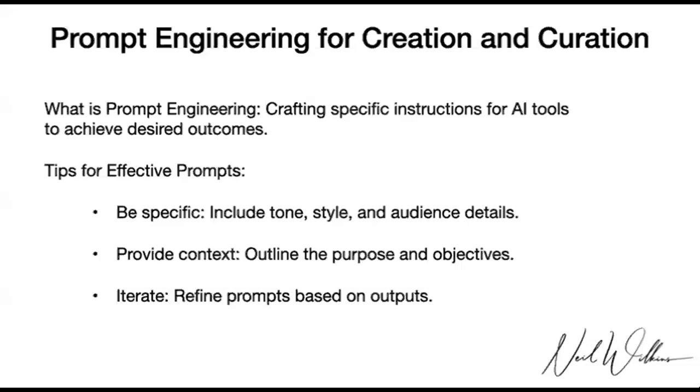In other words, drawing together content that other people have produced on a particular topic and maybe reviewing it, maybe providing added value over and above the baseline content that you are looking at and reading. So there are many, many different ways we can interpret content marketing here. But the key with using AI here is to focus on your prompts. So what is prompt engineering? Well, the definition could be crafting specific instructions for AI tools to achieve desired outcomes. There it is, crafting specific instructions. In other words, making a really clear brief for our AI tools.